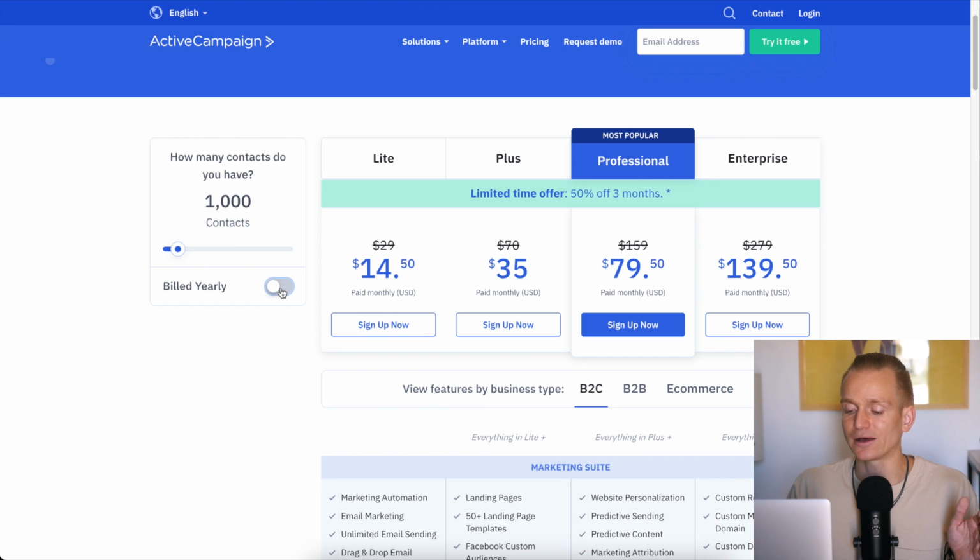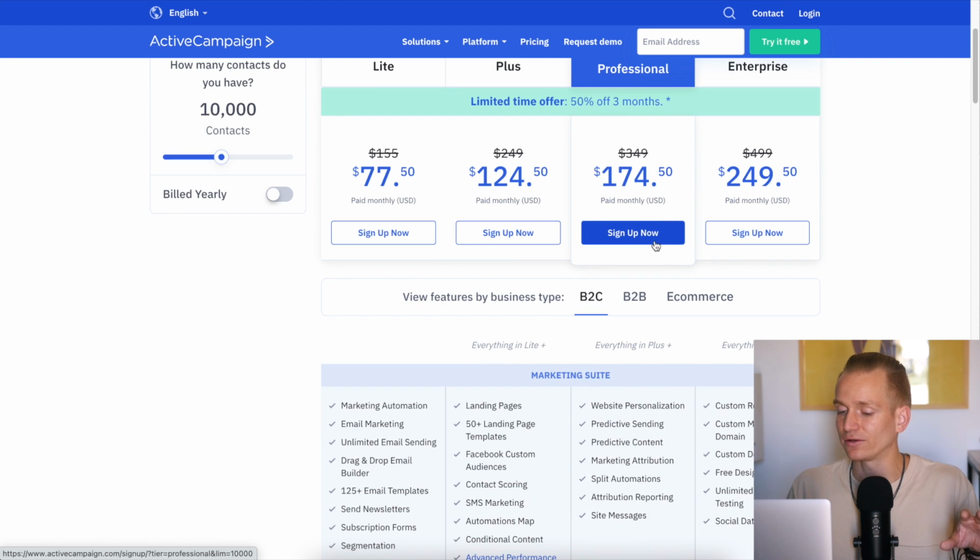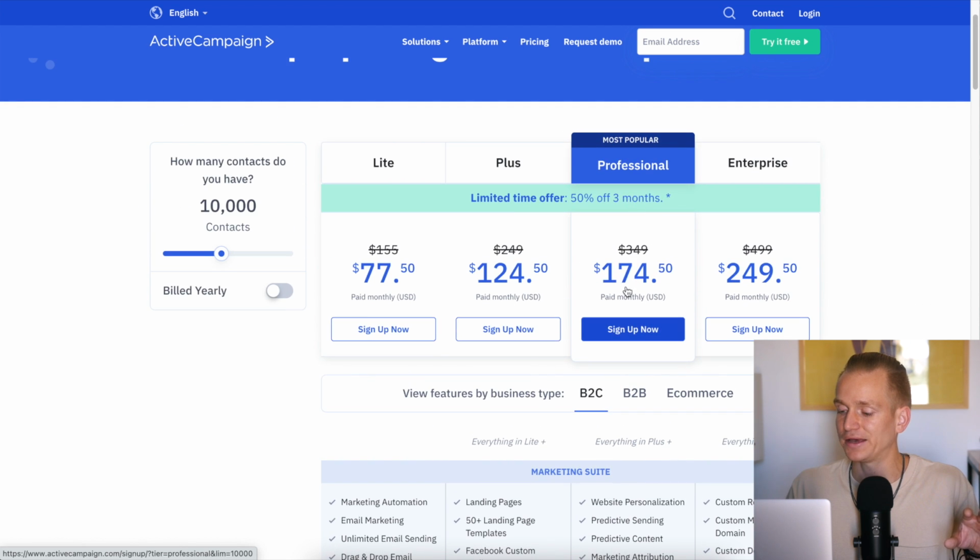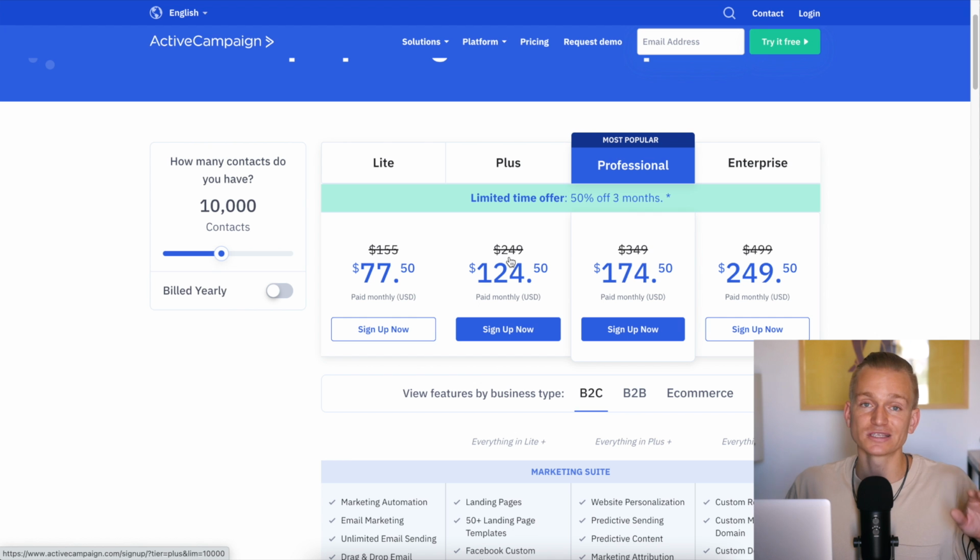You do get a discount if you do the yearly plan, I think around 30%. And let's see, if we choose 10,000 contacts, this is with a discount now, the Professional plan is going to be $350, and the Plus plan is going to be $250. So it is quite a bit more, but at the end of the day, if you manage to generate more revenue, then perhaps it is worth paying that premium.